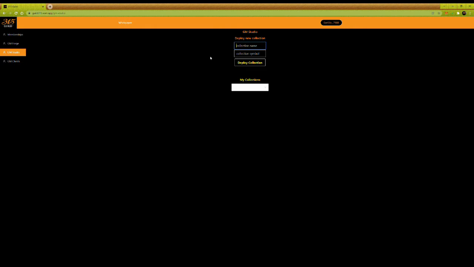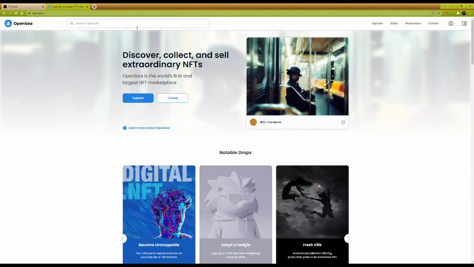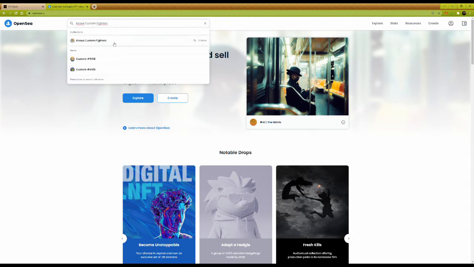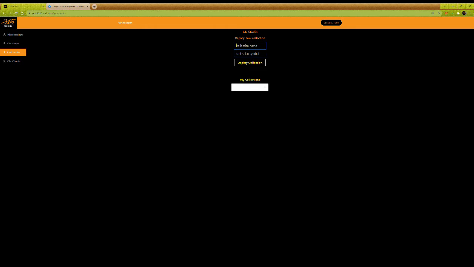which will serve as what people will search for on other marketplaces to find your collection when you transfer them to those marketplaces. So for example, I'm going to pull up OpenSea. The collection that I've made already is called Koi's Custom Fighters. So that is the name of the collection. That's what you see right here when it pops up. Now, for this, we're going to do